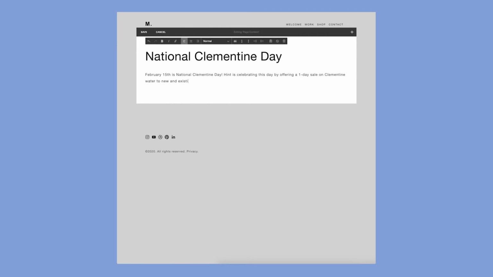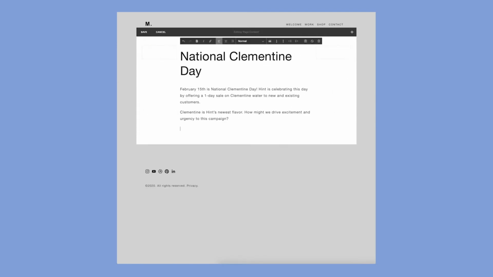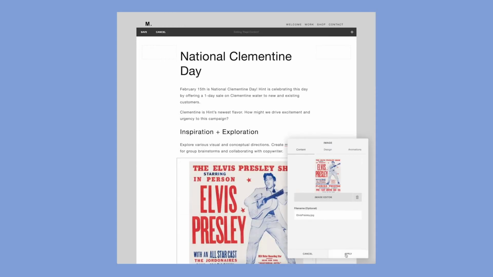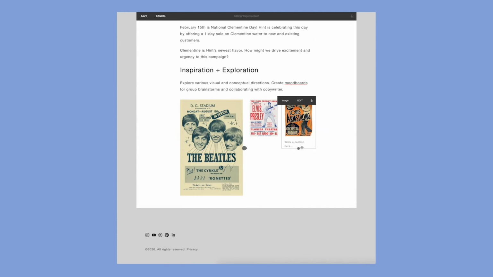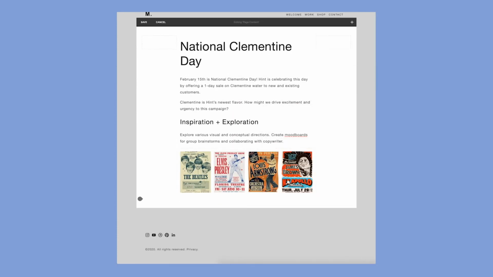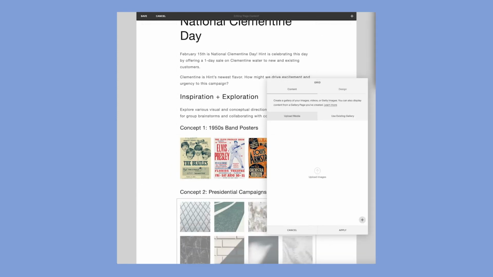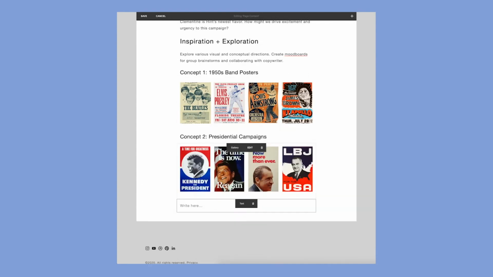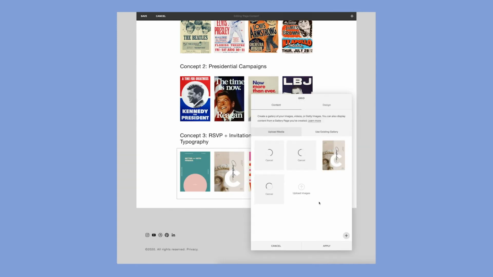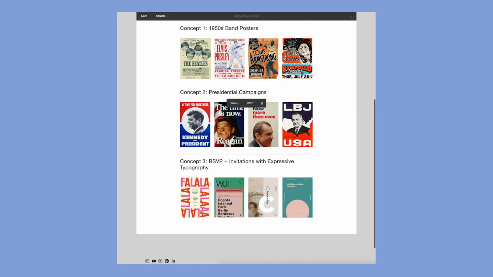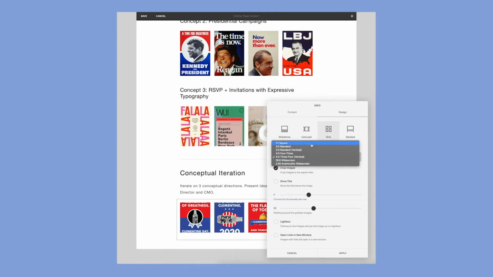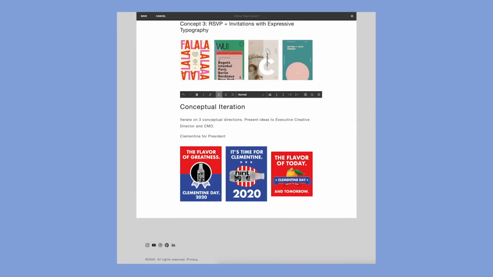Next, you'll see how I take these steps and implement them into a case study for my own portfolio site. I start with adding a title for the project and mention the problem I'm solving for the client. And in this case, I like to end it with a question. Then I add an inspiration and exploration section where I add just a few images that help express my design thinking. I divided up the inspiration images into 3 subsections: Concept 1, 2, and 3. This helps someone follow along and see I had 3 distinct conceptual directions for this project.